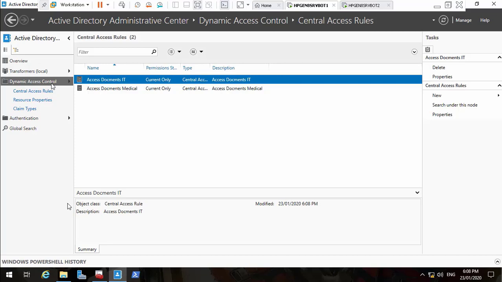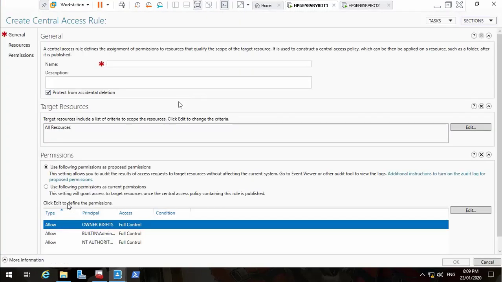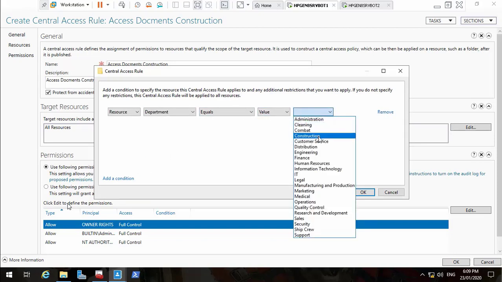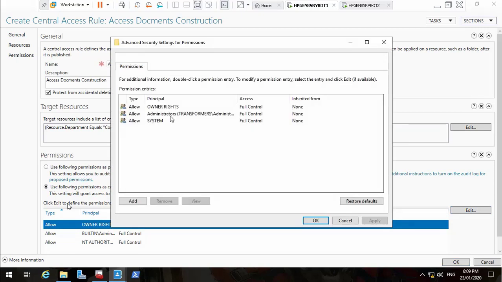So here I will make another access rule for the engineering. Here it will be access engineering construction. Here we will choose the resource. Here is the name and the description, and edit. We will tell it I need to add a condition: to access the folder, if the department Active Directory attribute is construction, and if this is true, then I need to give the group of tr underscore construction